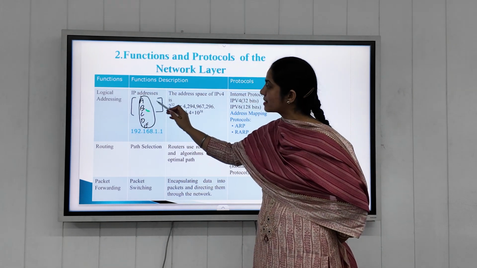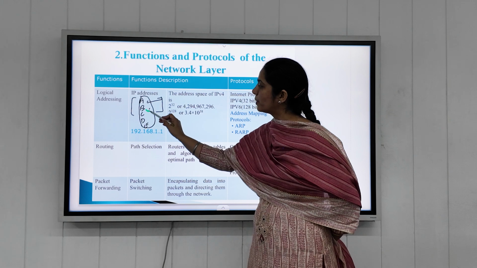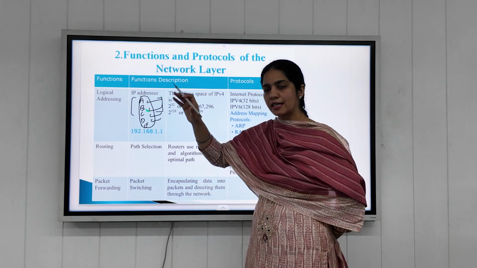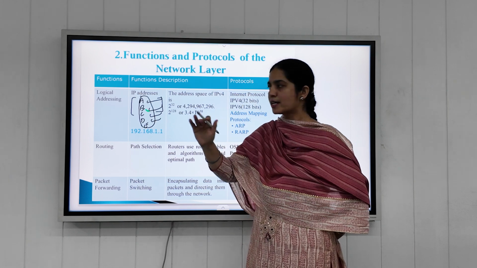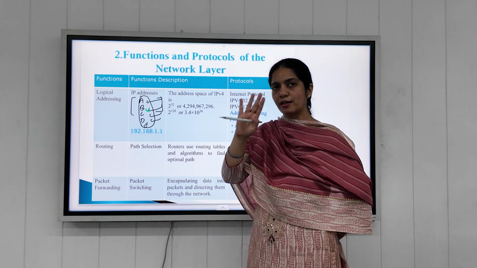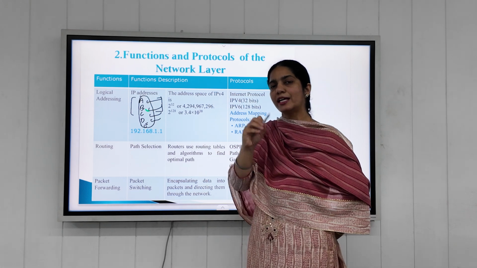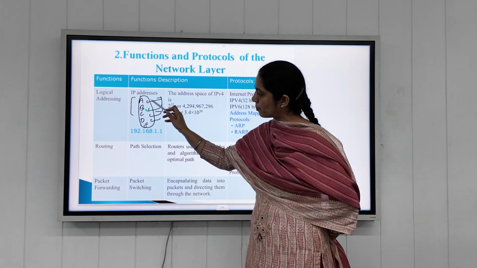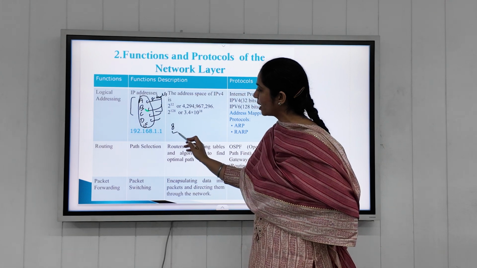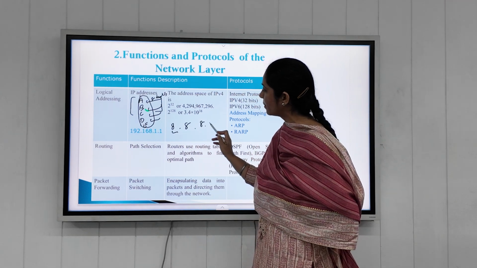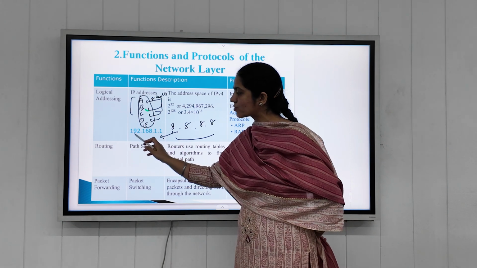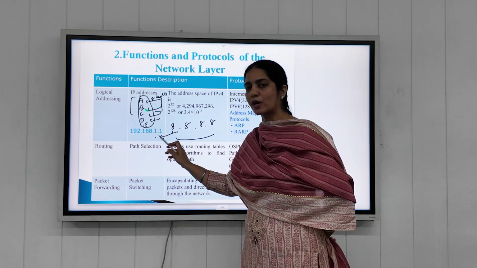Each address is 32 bits in size. An IP address provides data in the form of octets: 32 bits, which are a combination of 4 parts, and each part comprises 8 bits. So we can say it is 8-bit dot 8-bit dot 8-bit dot 8-bit. As an example, I have taken 192.168.1.1.